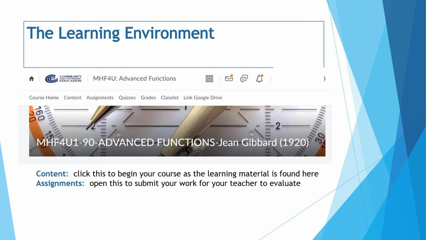Any type of document format is accepted. We do have problems, however, with Mac, so make sure you convert your Pages document into a Word file. The next thing we have is grades, and this is the link that will provide you with the